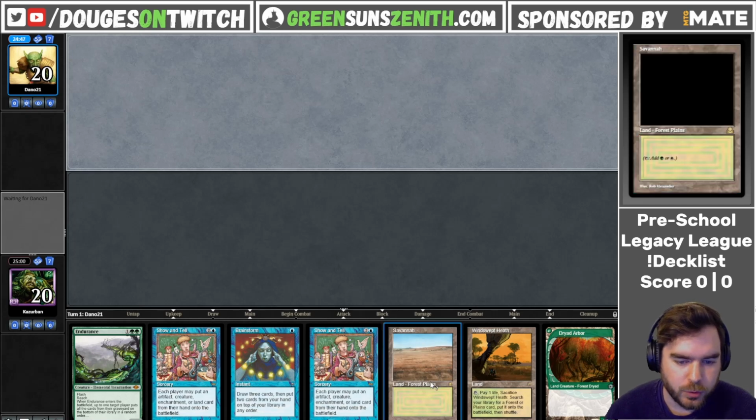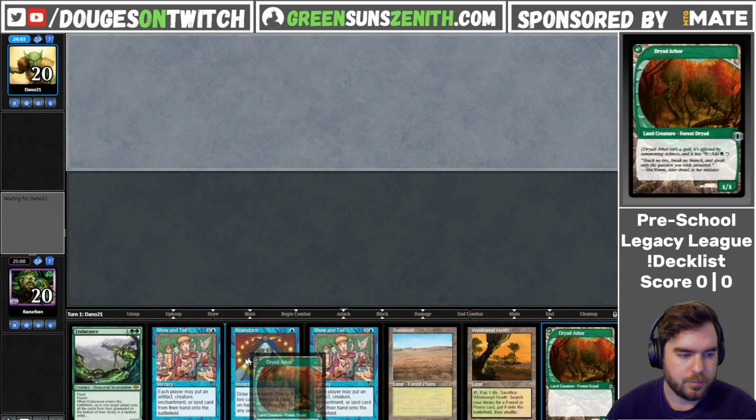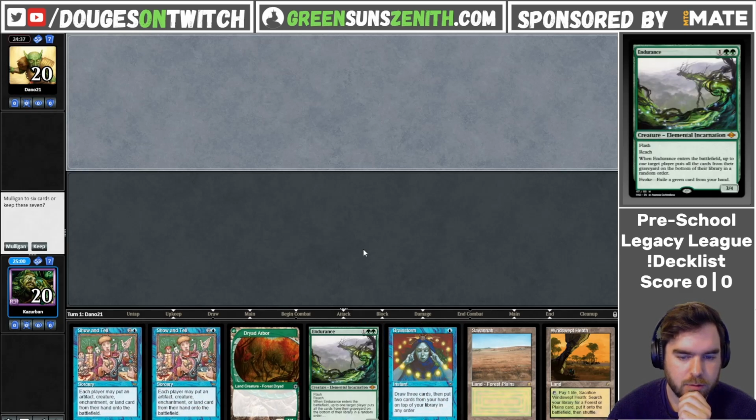Alright, we're here for round 1, and we have an interesting hand. Unfortunately, we don't have a blue land and a fetch land. Currently, our blue source is the fetch. We do have Endurance, green card, which is kind of nice. Double show and tell is a little bit rough, but